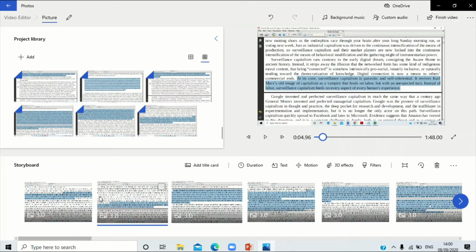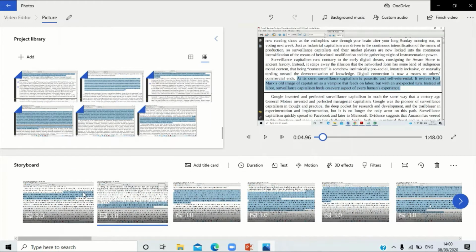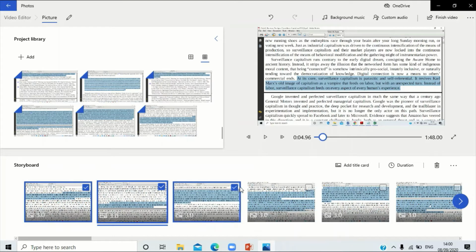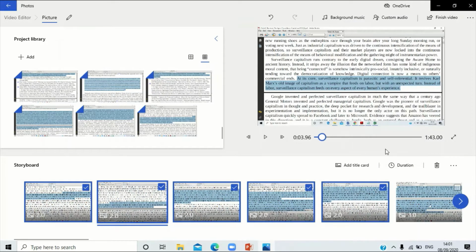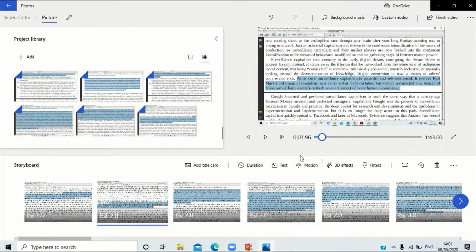Okay, so now you have all of these images appearing on your storyboard, and you can see that it's in the 3-second default duration, but that is not a problem. You can just individually select all of these images, like multiple images at a time, go to the duration option and change it to say anything other than 3 seconds, like suppose 2 seconds, and you have the duration as 2 seconds appearing for all of these. And again, you have the same effects and filter options as will be explained further.